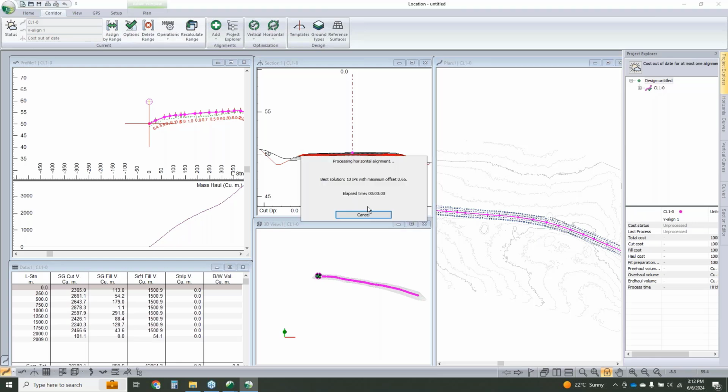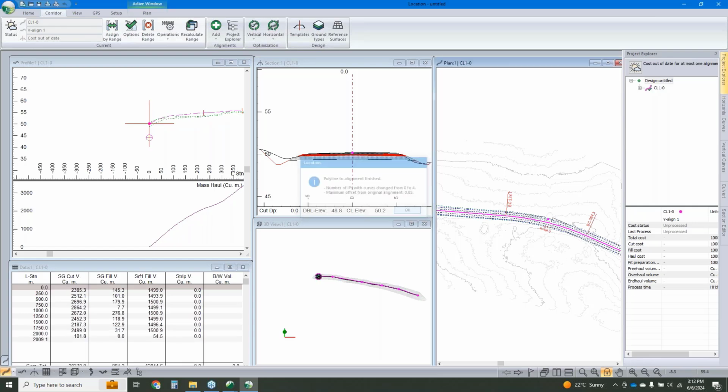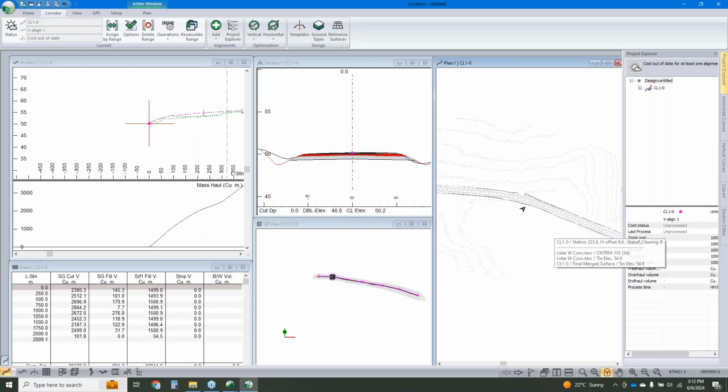We can hit OK. And it's going to take that and reduce that down to, just as I said, fewest curves as possible within that tolerance. And we could check to make sure our curves match our design speed. The other strategy, and I'm going to hit undo here,